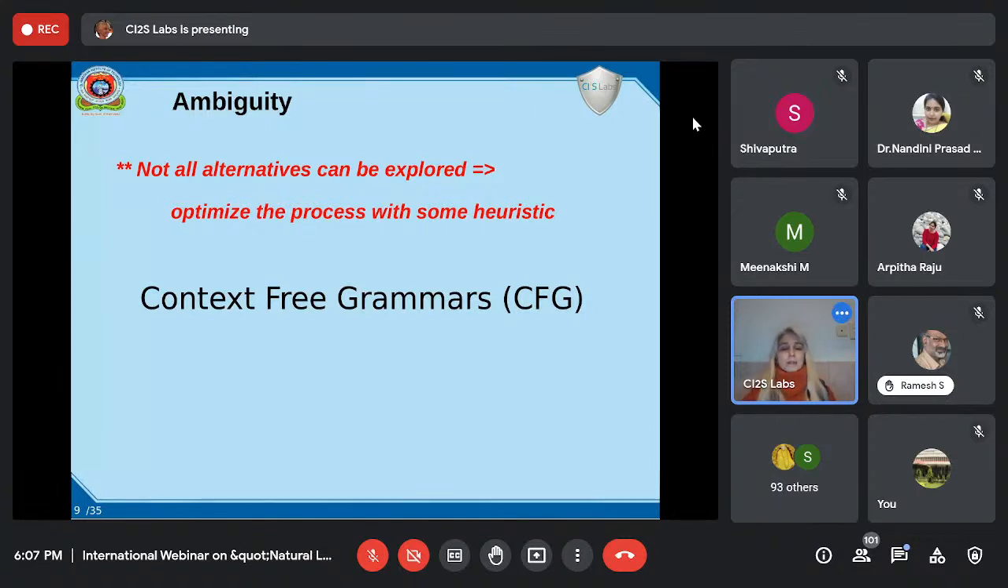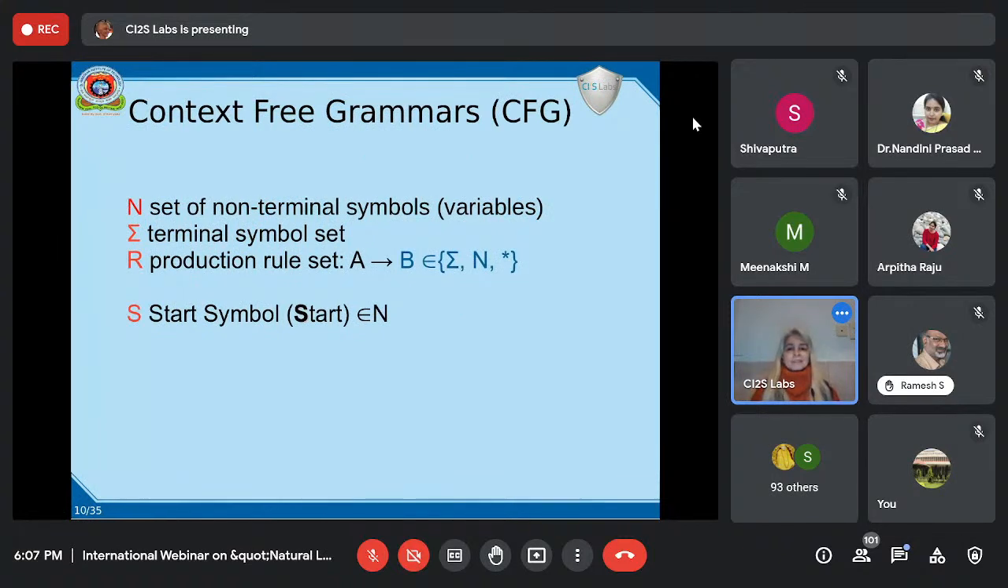So let's go with the context-free grammar. Context-free grammar, something very classical in the field, has four main elements: a set of non-terminal symbols, commonly known as variables, a set of terminal symbols, a set of rules that we will use to produce new sentences and to find out how the non-terminal symbols relate to each other and how non-terminal symbols relate with the